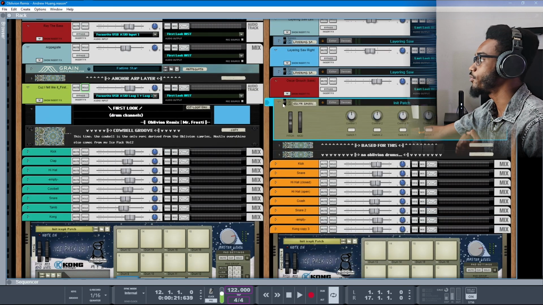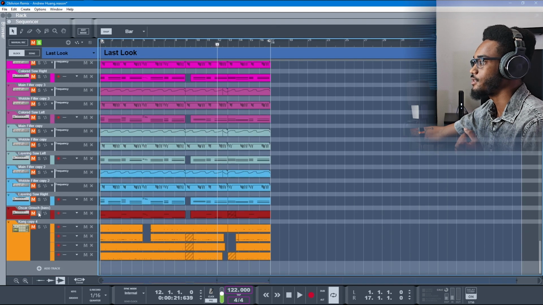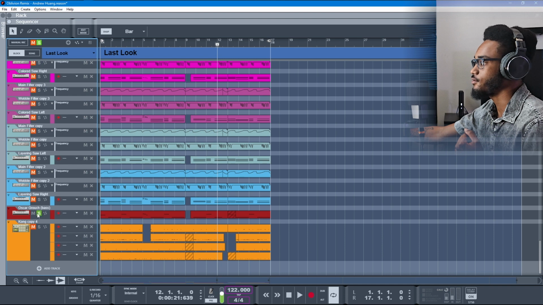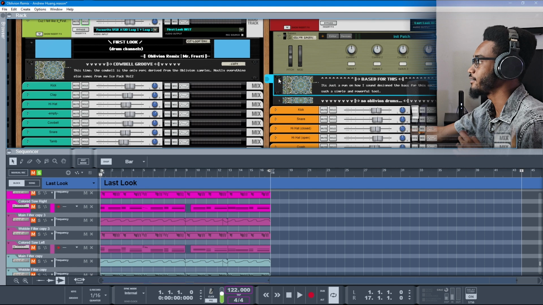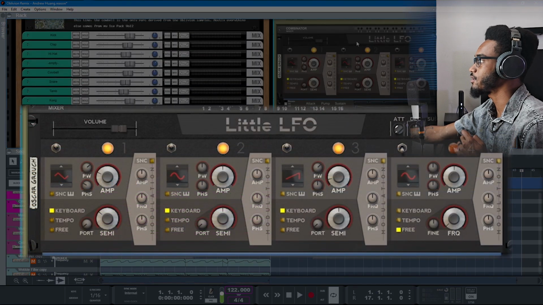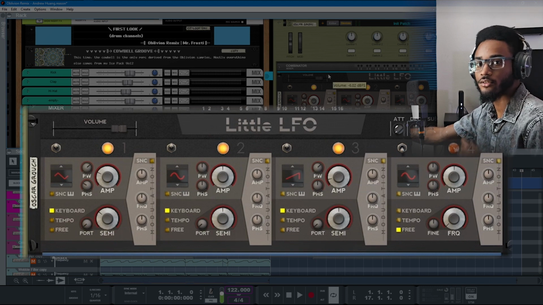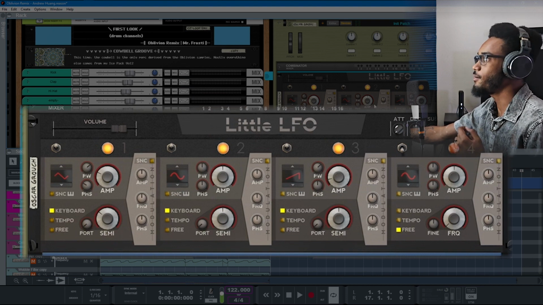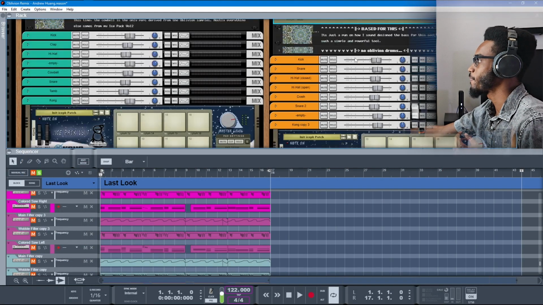The bass instrument that you hear in this song was actually sound designed for this part specifically. Yeah, I used the Little LFO to make this bass. Such a great free tool. If you're a Reason user and you don't have the Little LFO in your arsenal, go get it. Go get it and just play around with it. It'll teach you so much about waveforms. Maybe I'll use this as my teaching tool for waveforms. Who knows? All right, moving on.